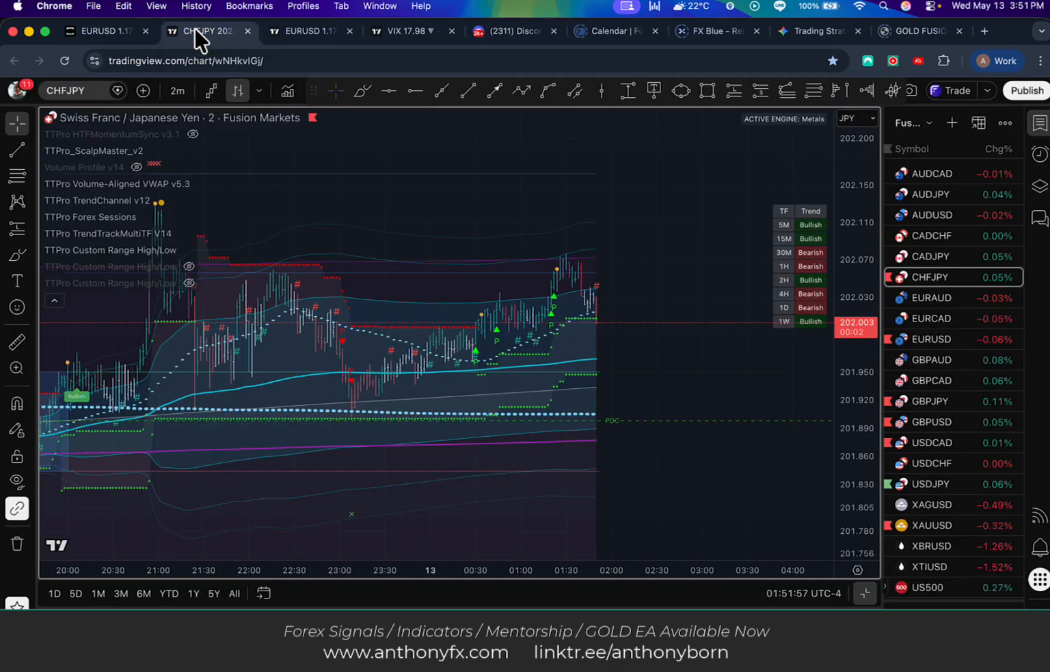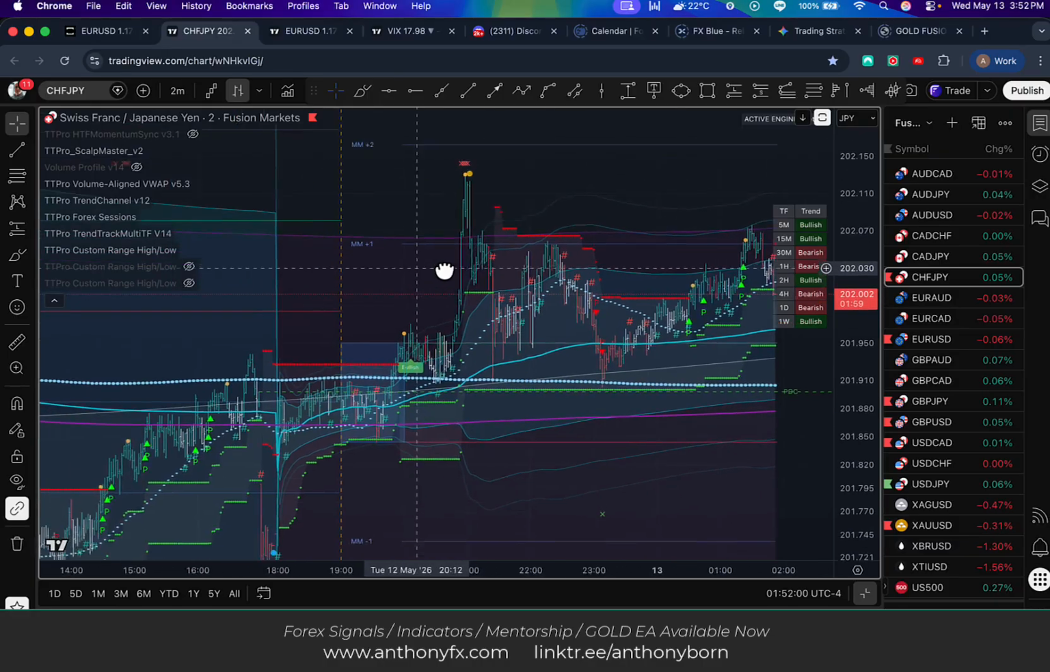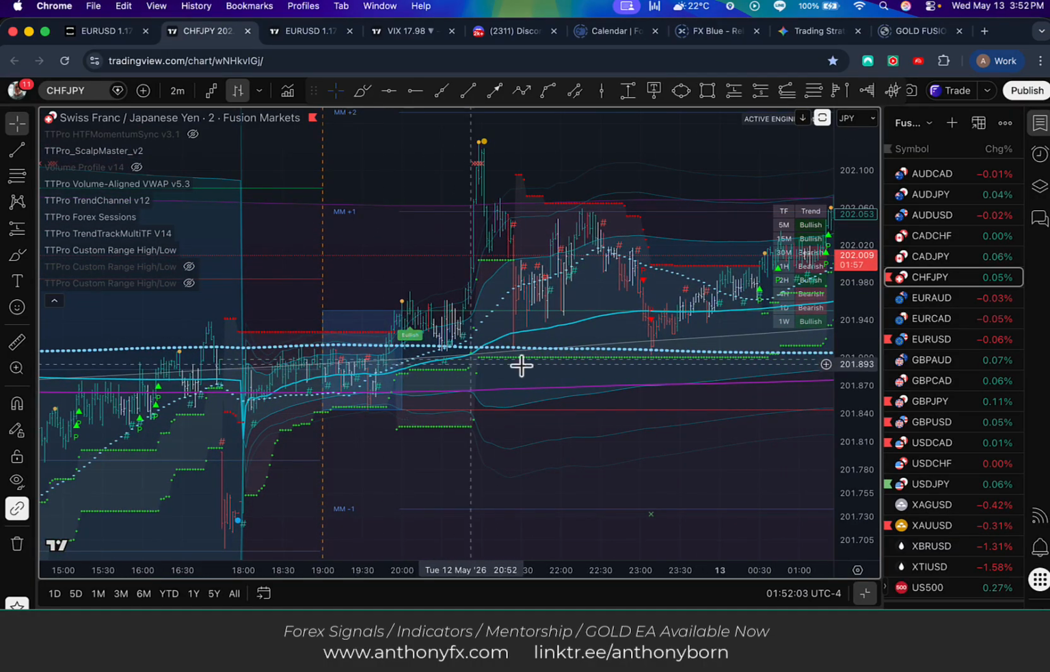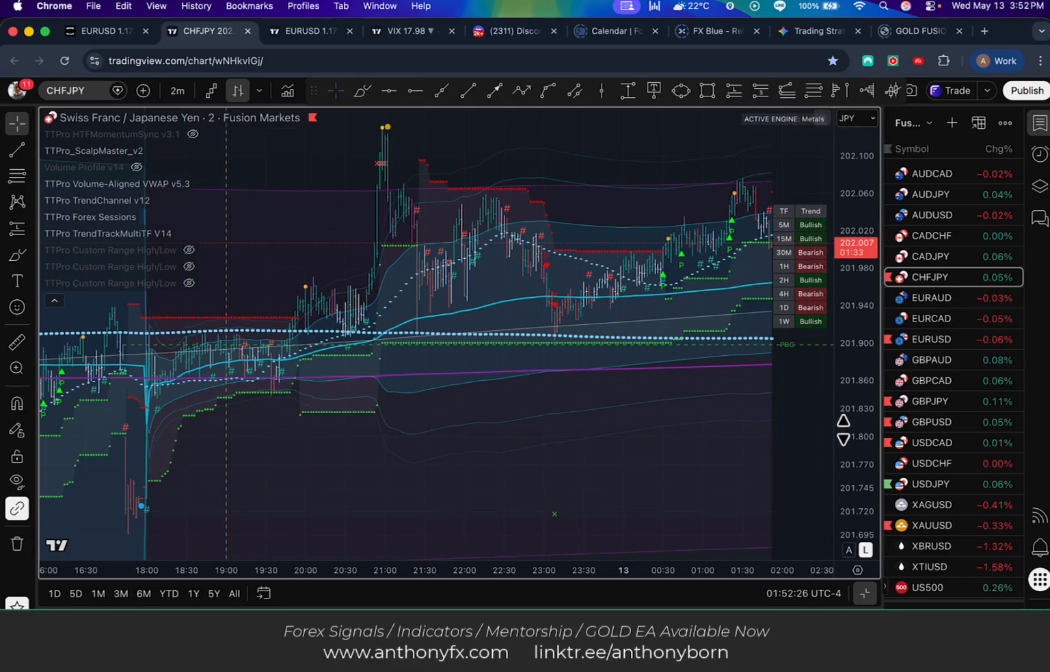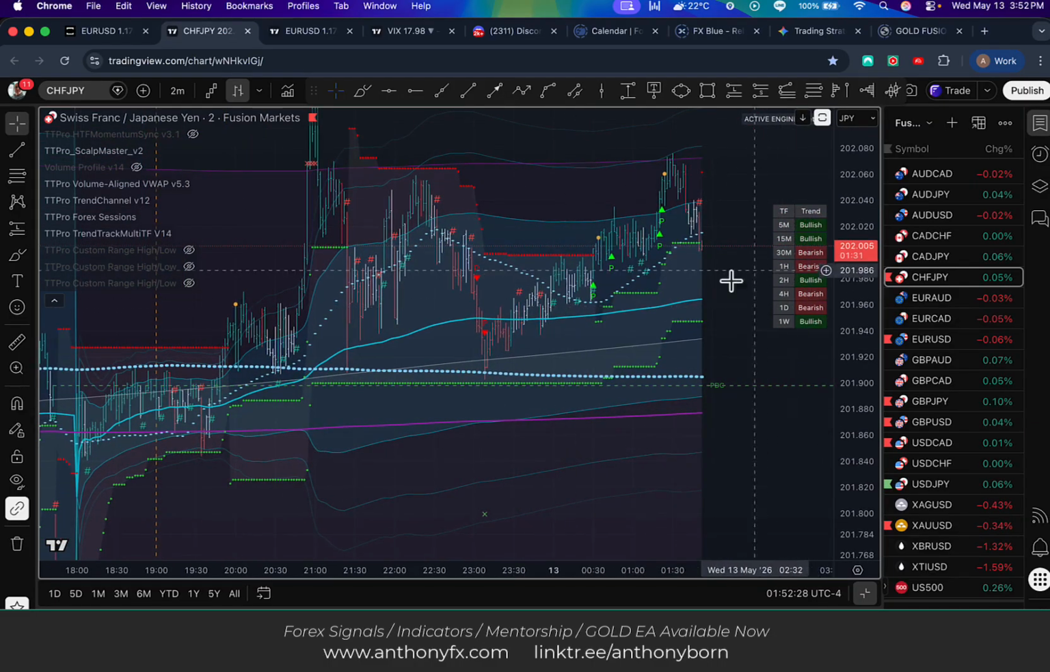All right, so look, Swiss yen. It's bearish on the 4 hour. You can see with the trend track multi. So you really want everything to be aligned, especially the 4 and the 2. Anyway, the 2 hour is bullish. So, an A+ is when everything lines up. But